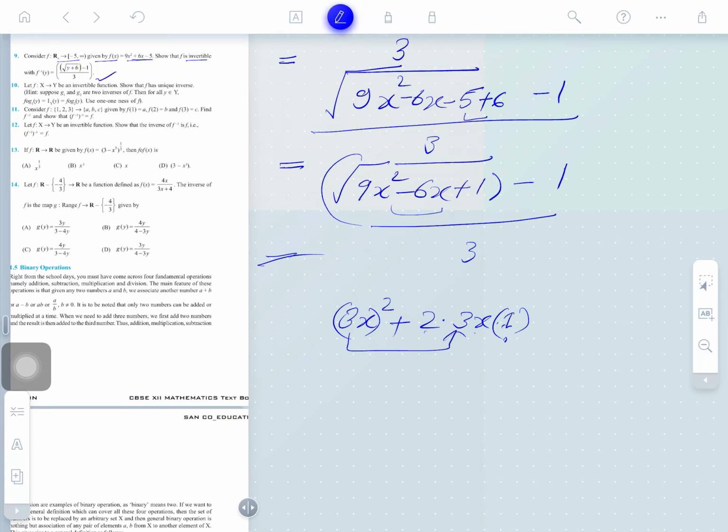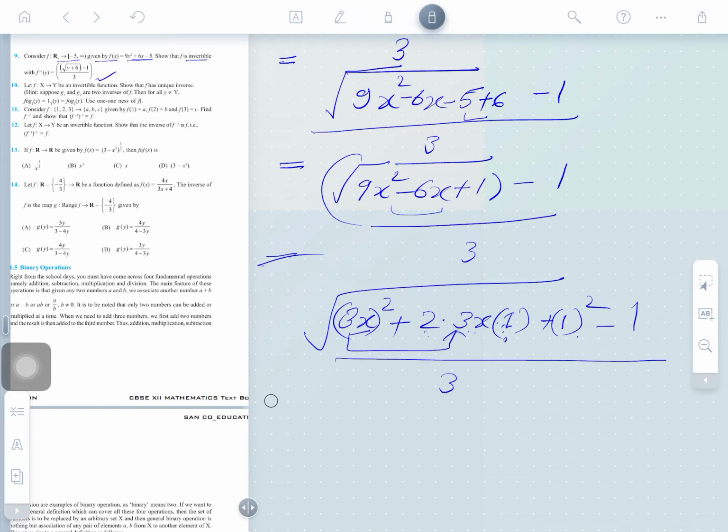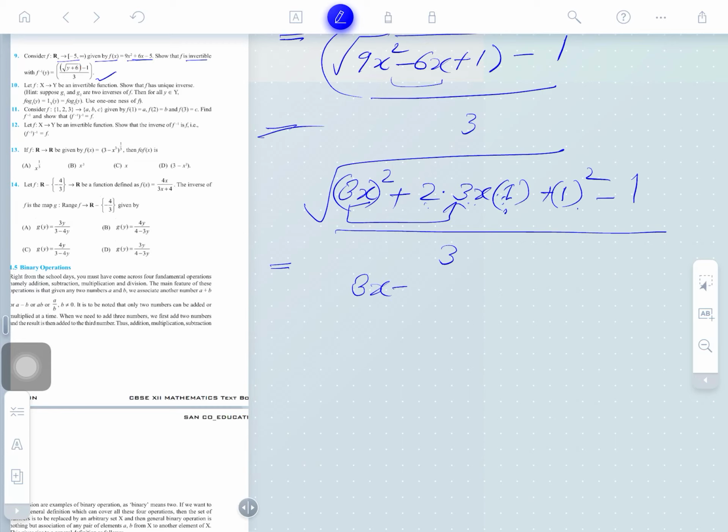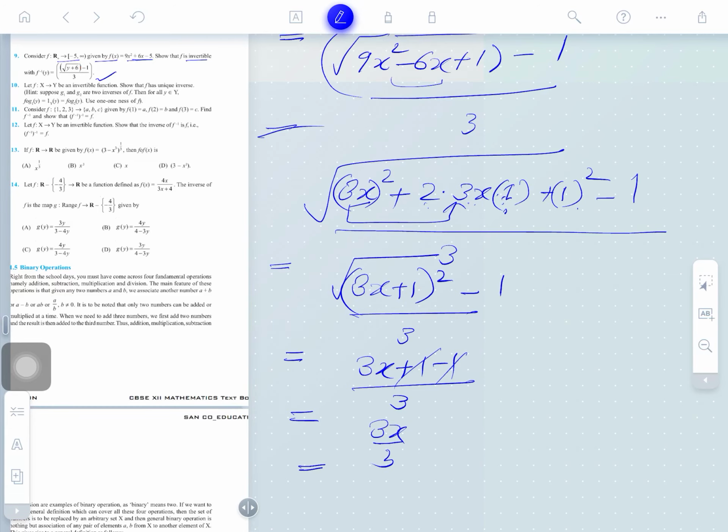So, the second term is to be there. So, this can be written as plus 1 whole square. You see this is 3 coming there. So, it is a square, 2ab plus b square. So, in the place of that, what can we write? In the place of that, we can write 3 of x plus 1 whole square, and the whole square will be cancelled by this, right. So, what shall be this: 3x plus 1 minus 1 divided by 3. So, it cancels, 3x by 3 is coming x.